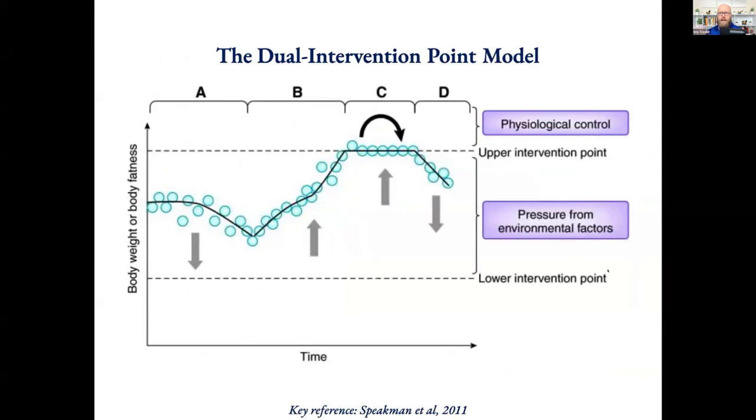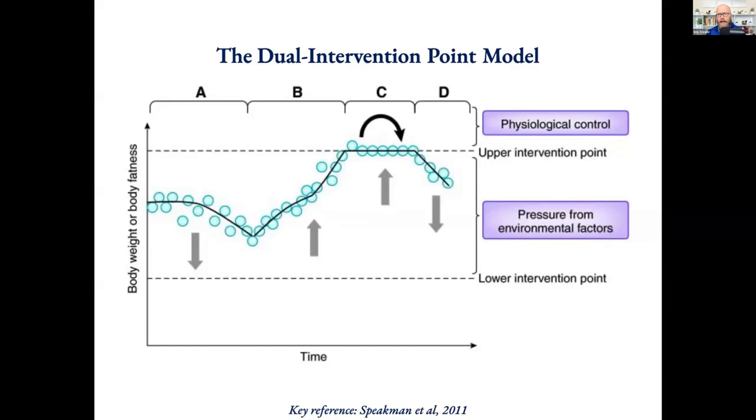So, like I mentioned, I'm affiliated with the Department of Evolutionary Anthropology. So we often approach our research through the lens of evolutionary advantage or disadvantage. This is on the screen here, a model representing the dual intervention point model by Speakman and colleagues. And the idea here, this pertains to the regulation of body weight or body fatness, adiposity. The idea is that, back in the day, people would talk about defending a body weight or a body fat